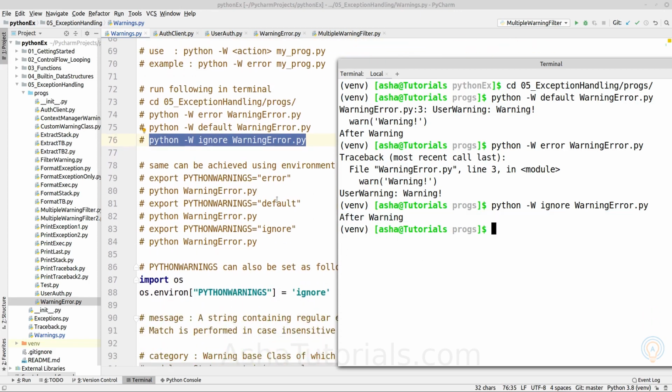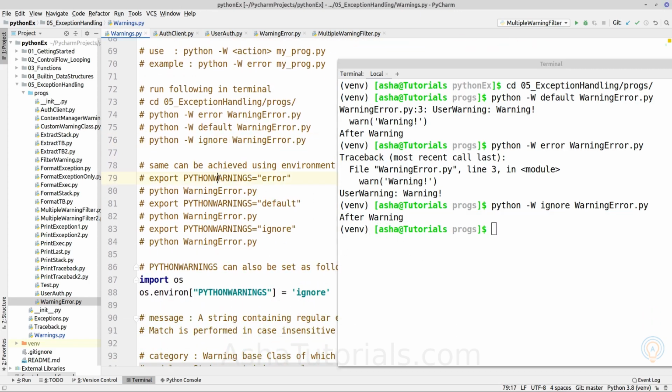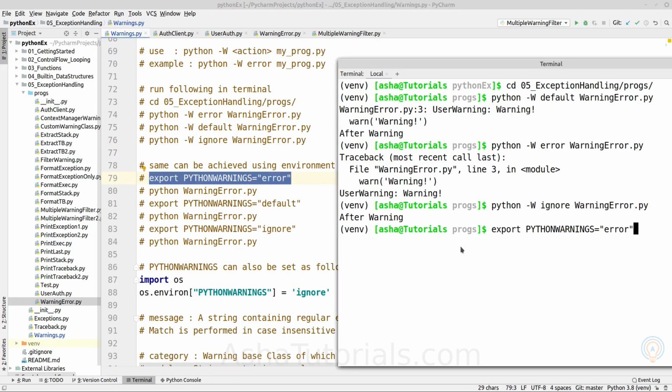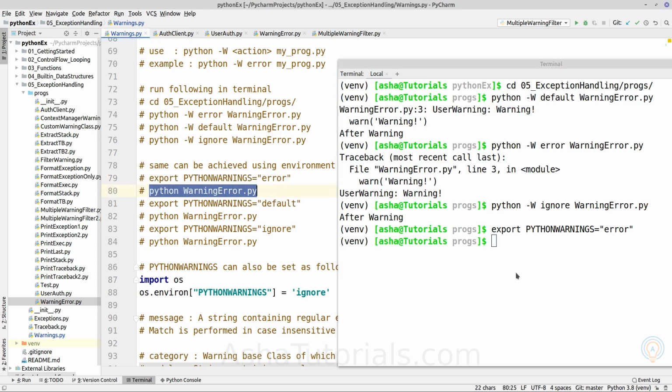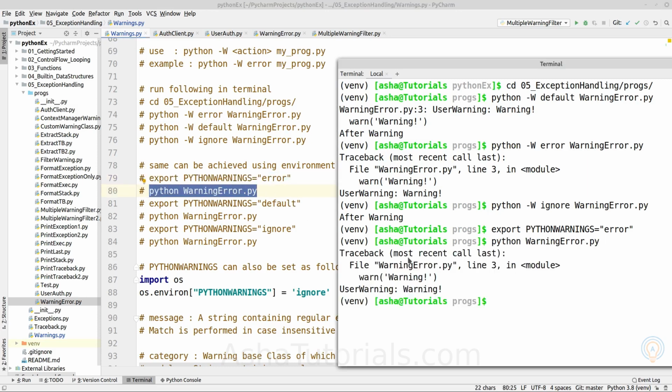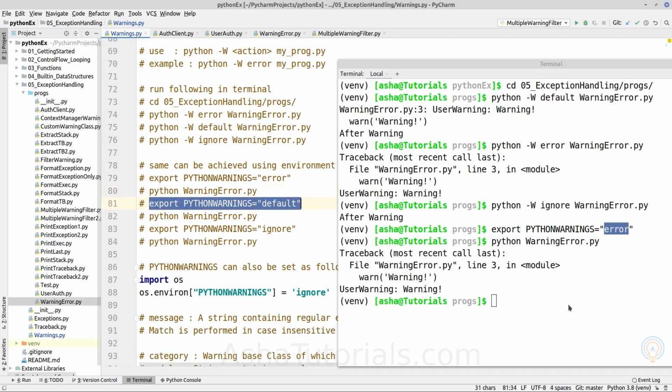Now the same can be achieved using the environment variable PYTHONWARNINGS. If we export the PYTHONWARNINGS environment variable with any of the actions, and run it, it will produce the same result. So here, if we configure it to error, it is raising an error.